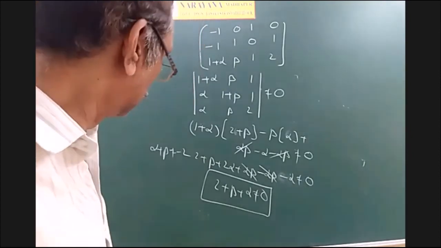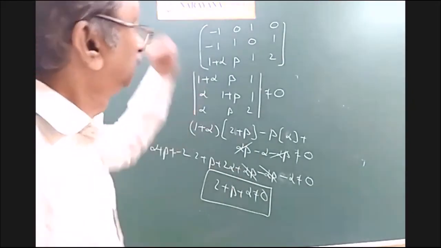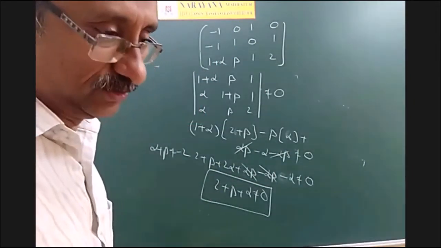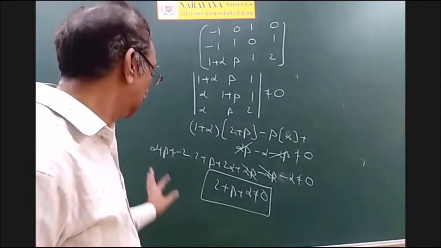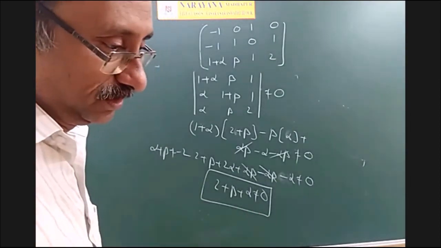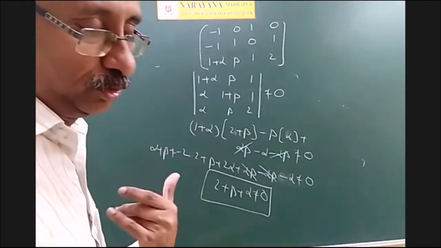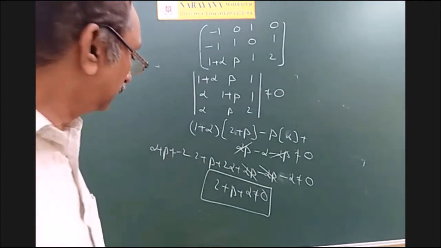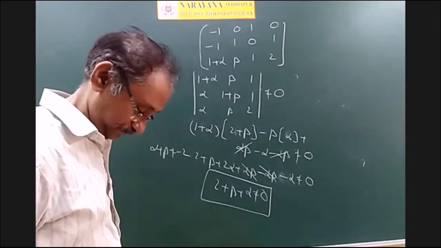Okay, Akash. Suppose you take both zeros, no problem. 0 is not equal to minus 2. So if you put alpha equal to 0, beta equal to 0, definitely you will get a unique solution. In the first three options, alpha plus beta is equal to minus 2, so you should not take that. If you take them, you will get the determinant equal to 0. Therefore, it may be a unique solution, infinitely many solutions, or no solution. But whenever this condition holds, only then you will get a unique solution. Right?